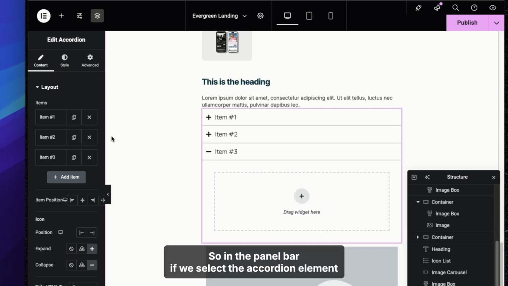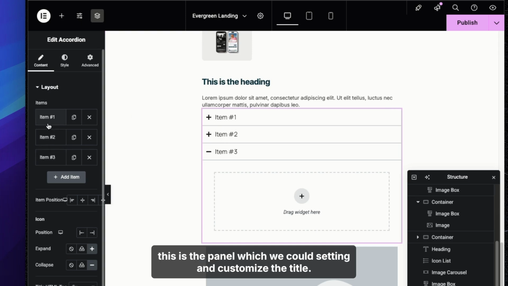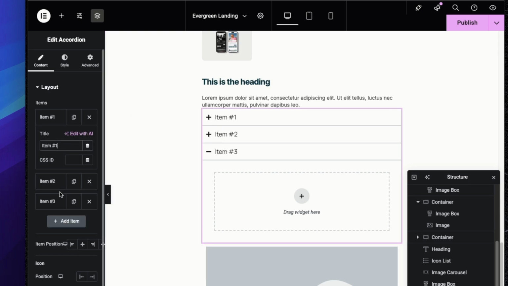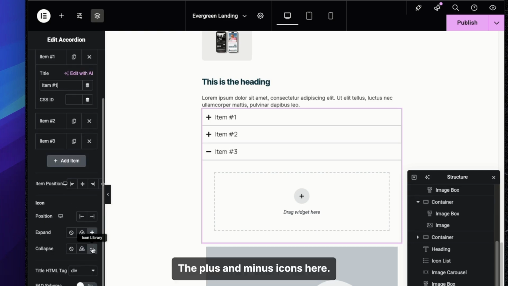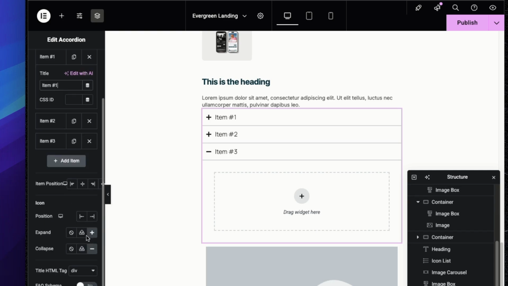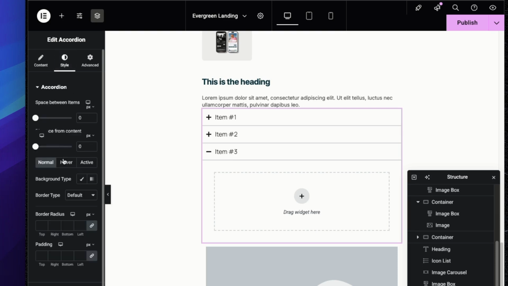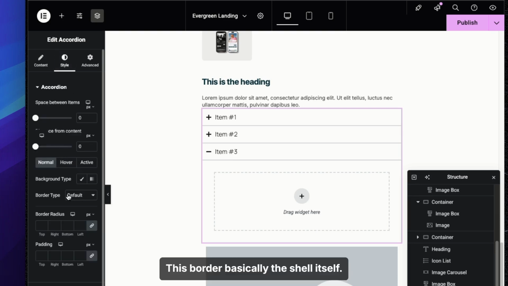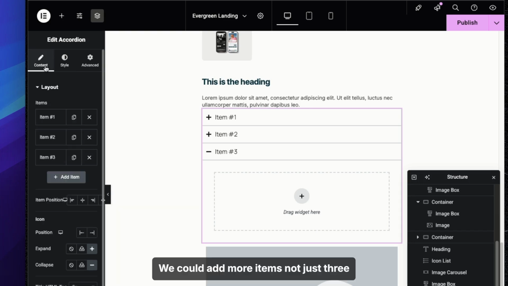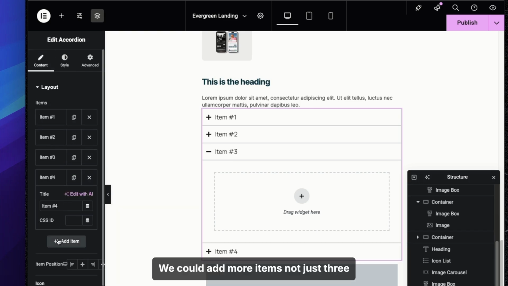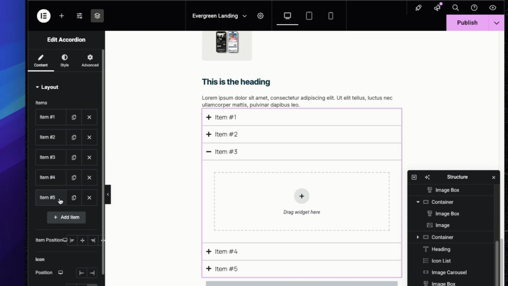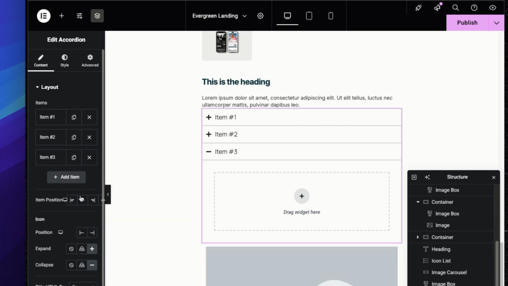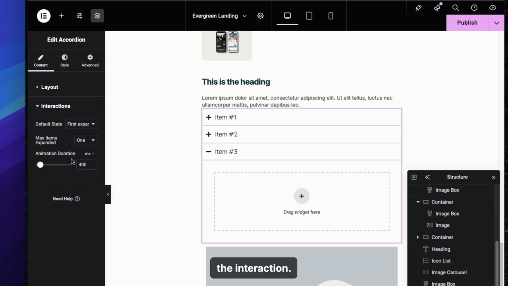So in the panel bar, if we select the accordion element, this is the panel, which we could set and customize: the title, the plus and the minus icons here, this border, basically the shell itself. We could add more items, not just 3. The position, the interaction,